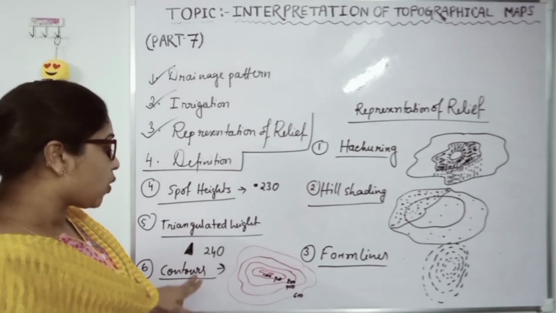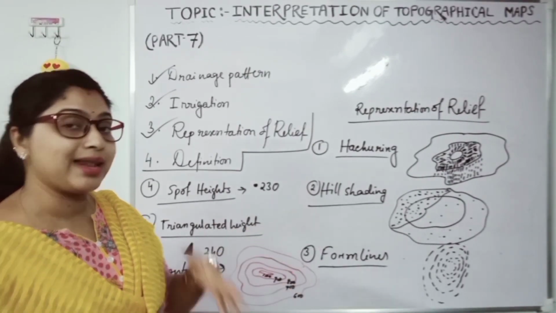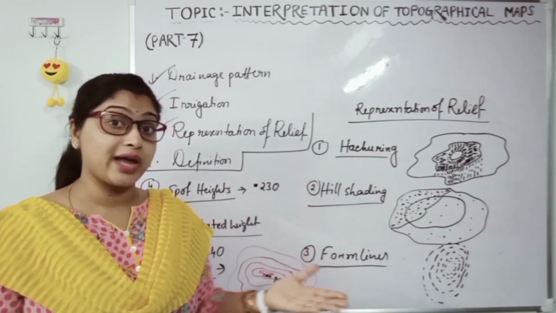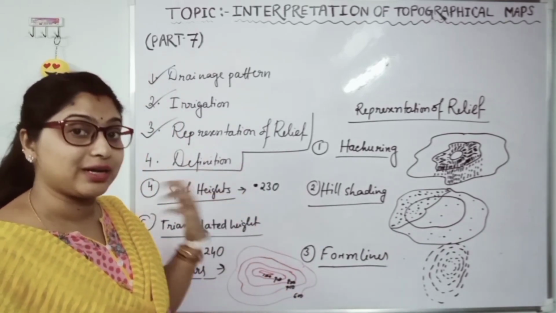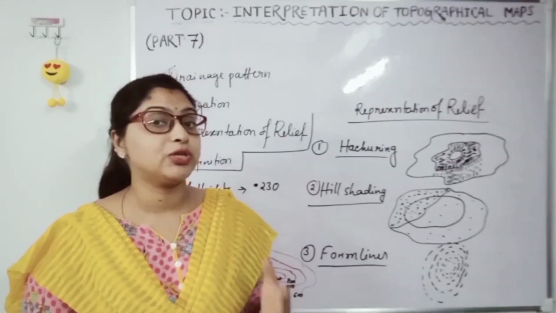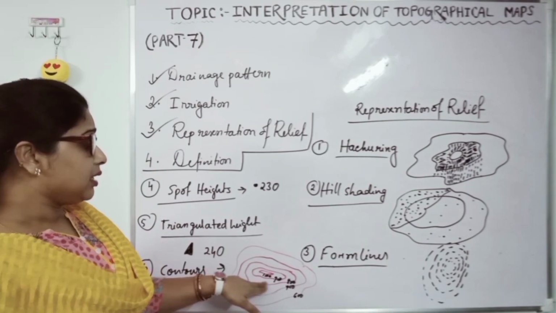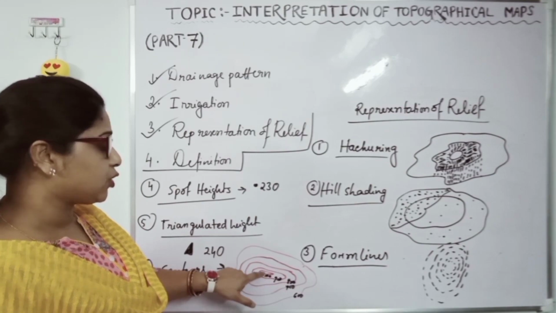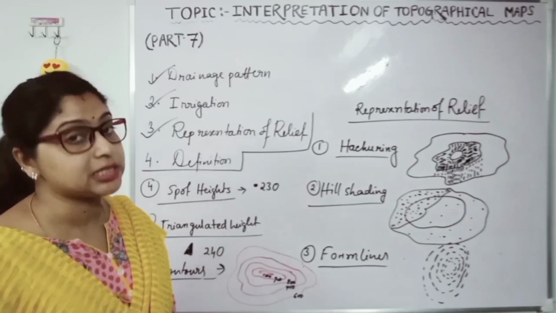Next is contour. Here the contour is the brown line shown in the map. In the last day's part 5 video, I explained the conventional signs and different contour patterns. So see that video so that you can understand better. Here I am just telling about contours. Contours are imaginary lines which join places having the same height above sea level. These brown lines have height increasing towards the inner parts and decreasing towards the outer side, and they never intersect each other.